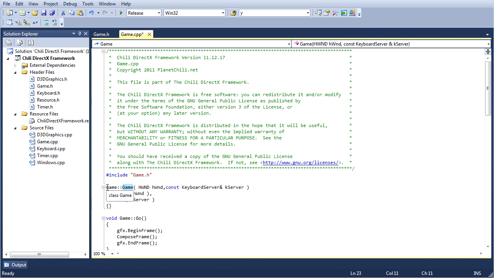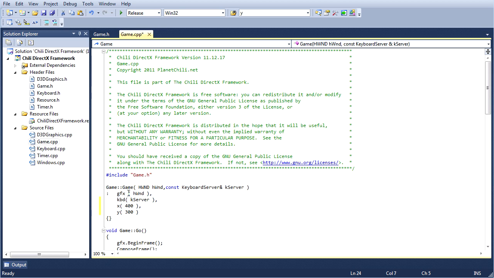Here we have another function that belongs to game, and it is called game. So there's a game function called game. Now that's a special name for a function. If you name a member function with the same name as the object, what you're doing is creating what we call a constructor. Now a constructor is a special function, and its job is to initialize the variables that are members of that object. So whenever you create a new game object, the first thing that happens is this function is called, and all the members of game are initialized.